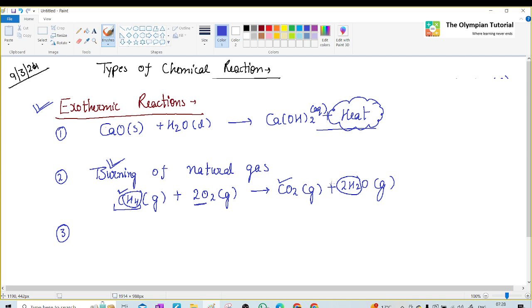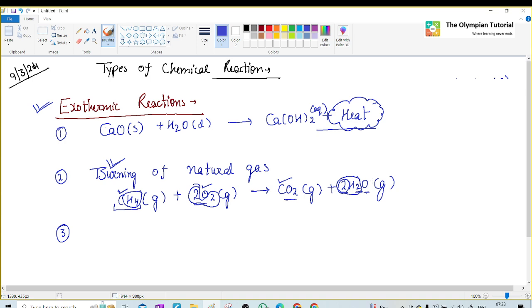Oxygen here, 2O2 means 4, and here 2 and 2, so it is also 4. So this one is a balanced chemical reaction. Now in the next line write down